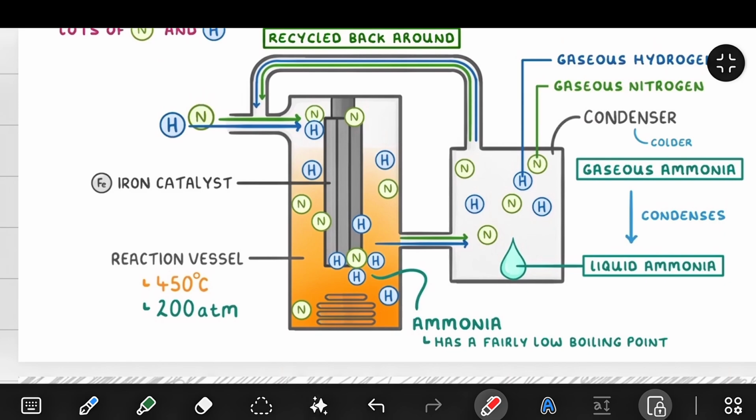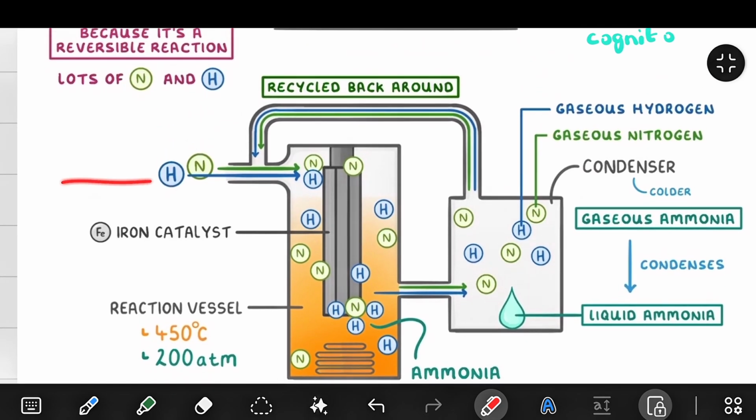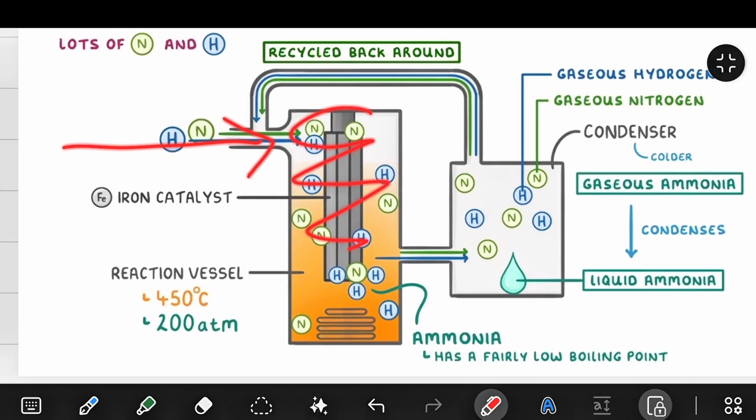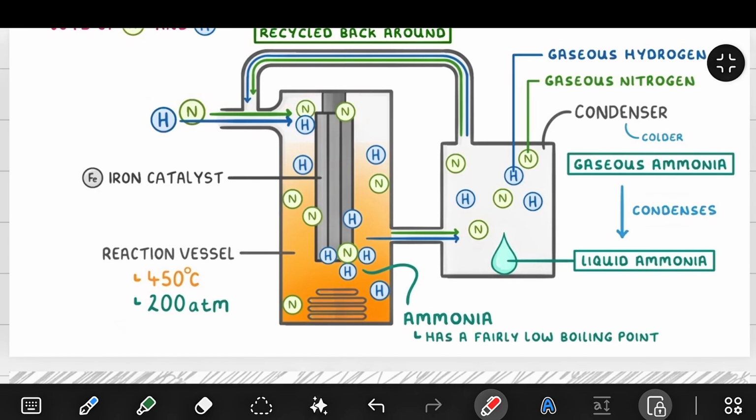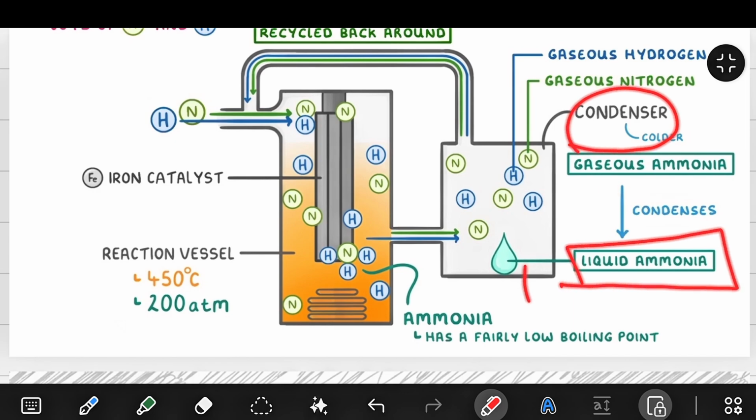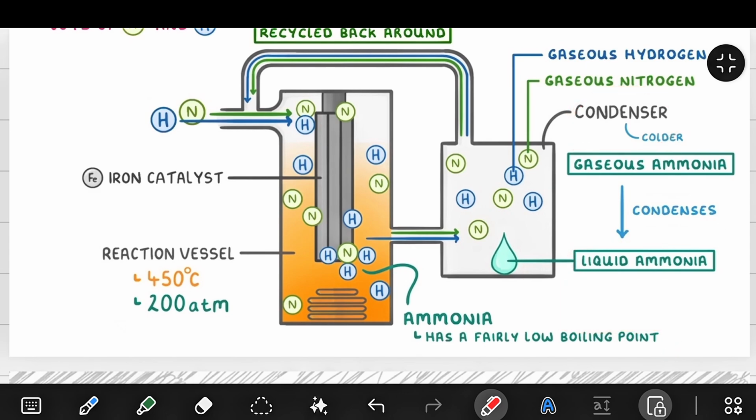So there's our process. First, the nitrogen and hydrogen are fed into the top left of the machine. They then react together and touch this iron catalyst, which lowers the activation energy and provides an alternative pathway. Then some of the nitrogen and hydrogen react, but the ones that have not reacted and are present in the condenser pass again through this tube to come back down. The ammonia that has been formed remains, and when it passes through this condenser, it is converted into liquid ammonia, which is then taken away through another tube where the deposits are made for the ammonia, right?